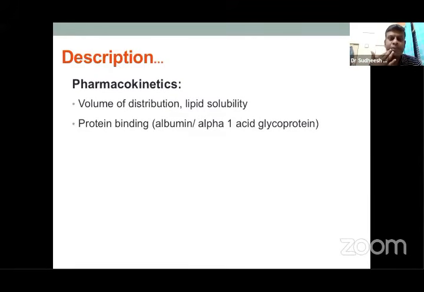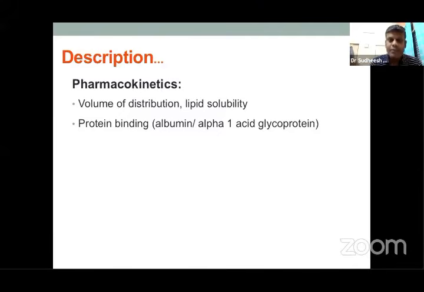During these things, there are certain things you need to remember. One is the volume of distribution: once you inject, how far it is distributed, where all it is distributed, and what factors influence the preferential uptake of this particular drug in various organs. Not all organs have the ability to take the drug at the same level. Some drugs preferentially take more, some take less. This all depends upon the ability of the drug to get dissolved in that particular tissue.